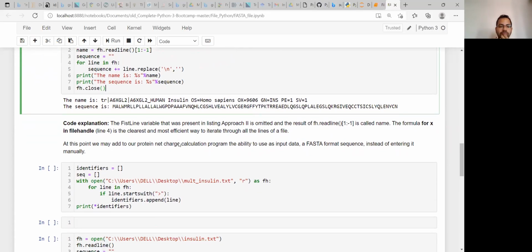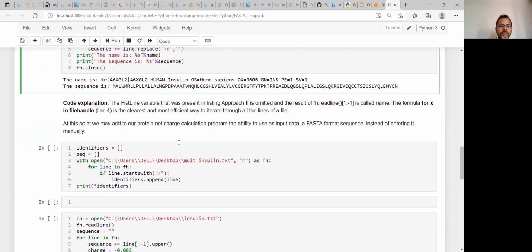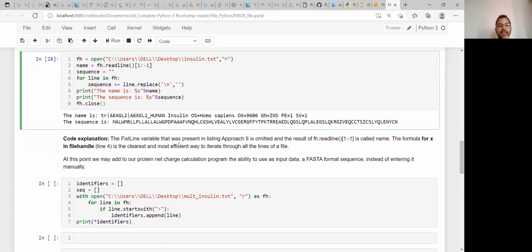Now, it is not the case that one FASTA file will have only one sequence. Most of the time, you will see one FASTA file which has multiple sequences.